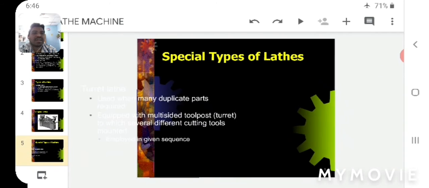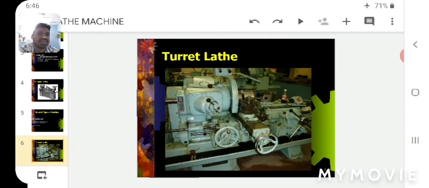Let's see the operation. This is called the turret plate. The turret lathe is fitted with an hexagonal tool post. On the side of the tailstock you are seeing the hexagonal turret. With the help of the hexagonal turret we can mount different types of tools.